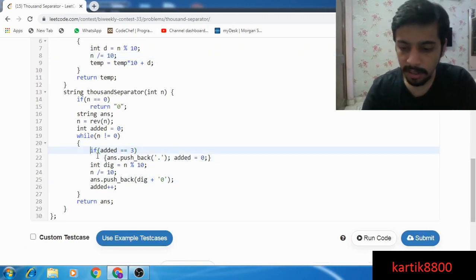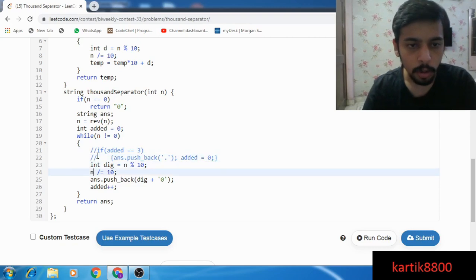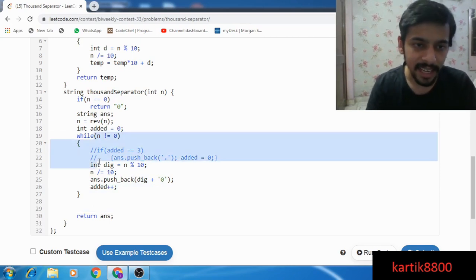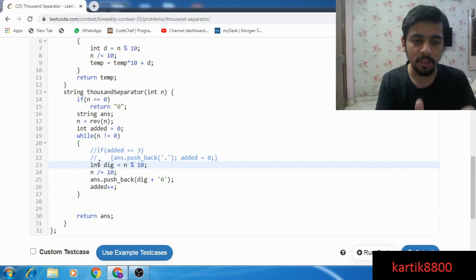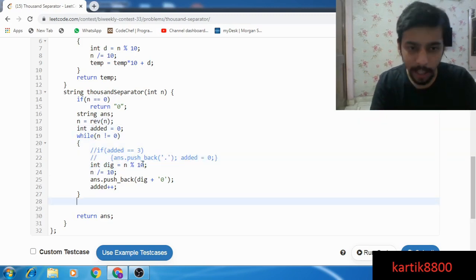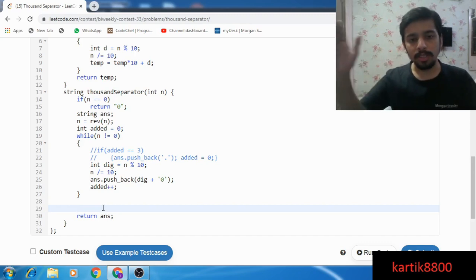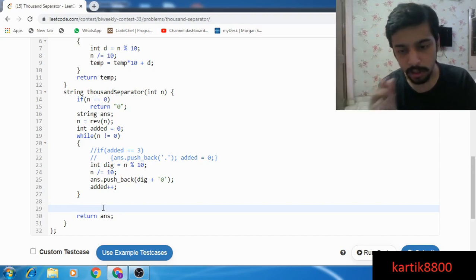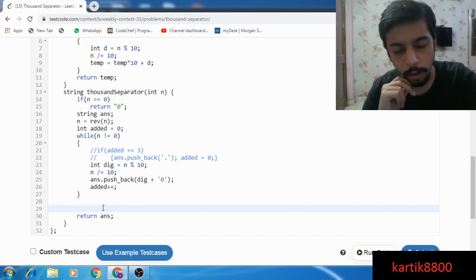So now these are the things that happen during a contest and you are like, okay, I wasted a lot of time and we don't have the answer. So how do I actually use the same code to improve the thing? So by this, I have simply converted my integer n into a string, right? This particular code does that. I'm not adding any dots yet. And now what I could do is I could process from the right hand side and add dots at the correct positions. And that should do the thing according to me.